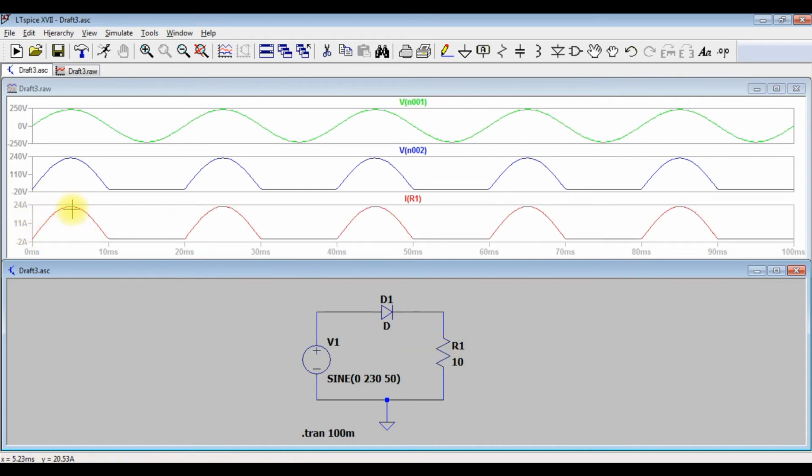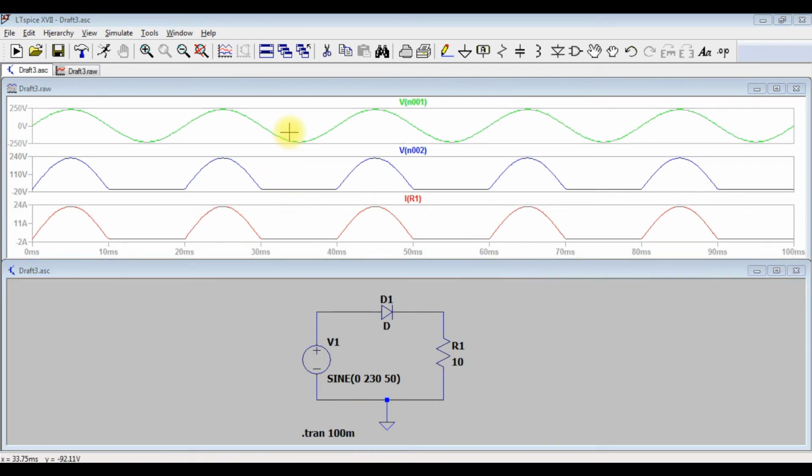You can analyze the waveforms further by clicking on here. It will show the values actually, right? There are other ways to do that, so I will explain that also. However, at this point, what you have seen is the design of a half wave uncontrolled rectifier circuit, and generation of waveforms for the same.